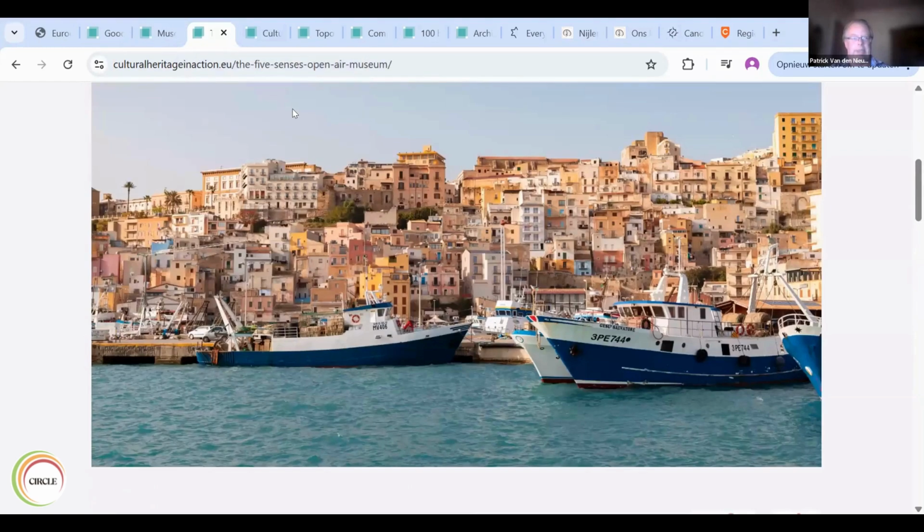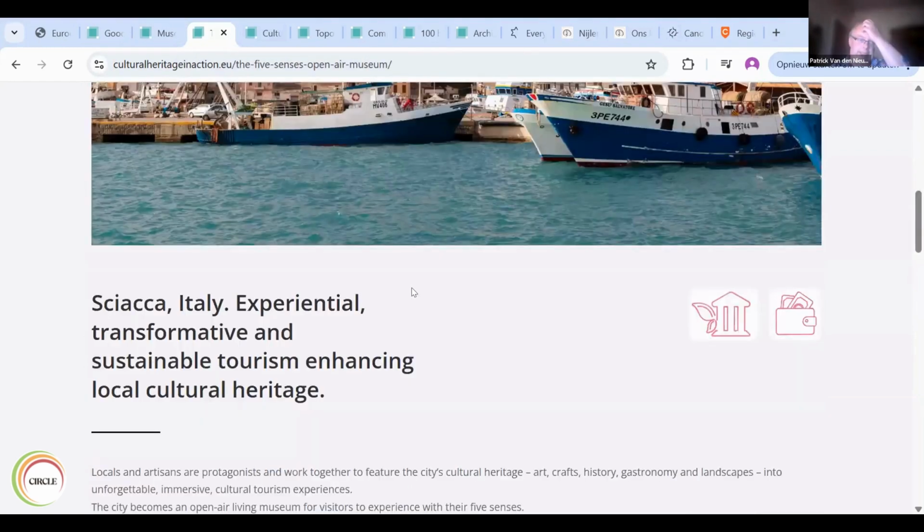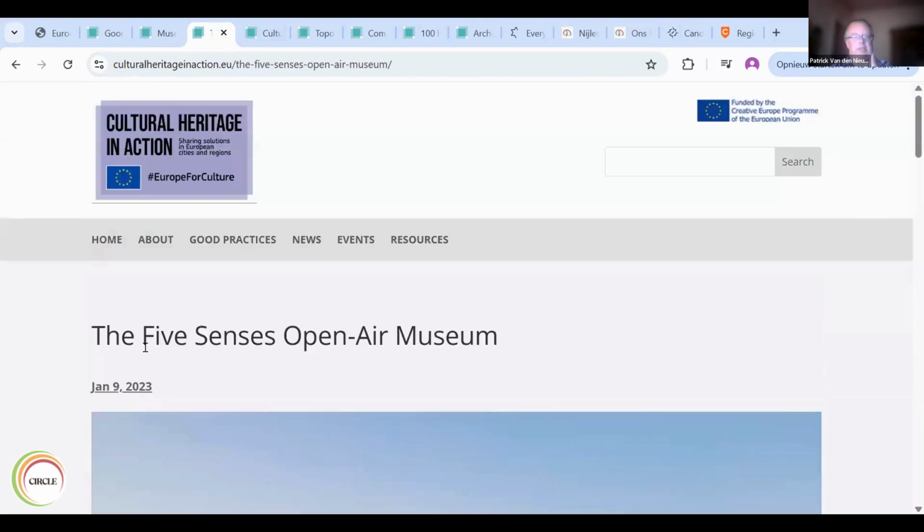Then one from Italy, and also interesting, I think, for our walking tour. They called it the Five Senses Open Air Museum. Traditionally,